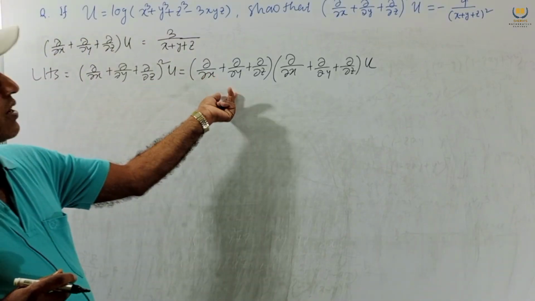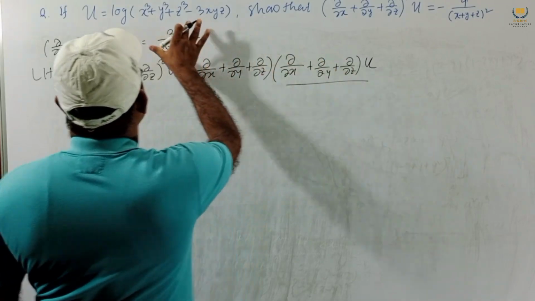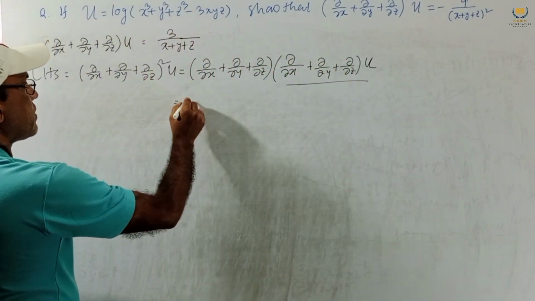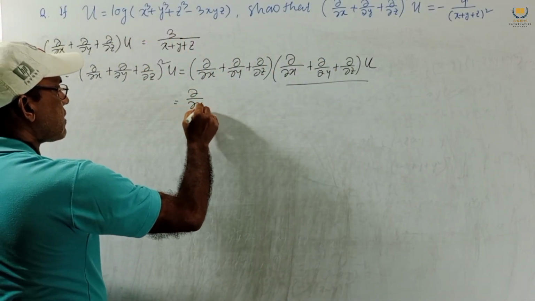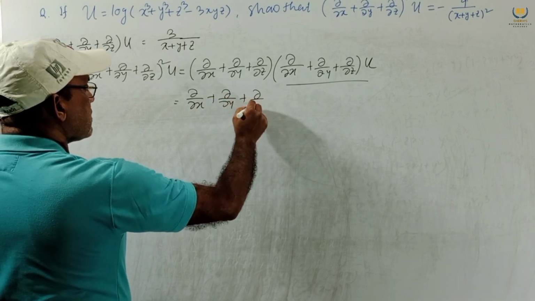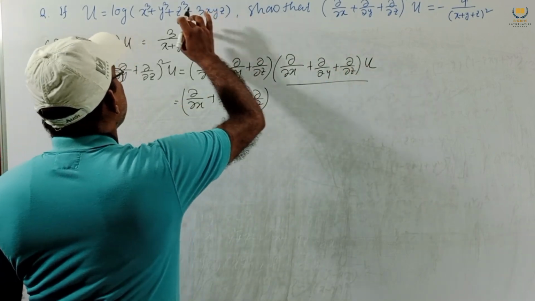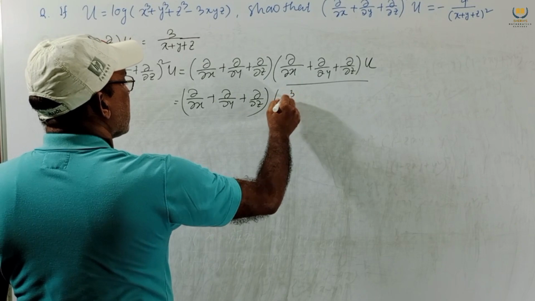So whole square means we write 2 times, and we know this value. So this will be del by del x plus del by del y plus del by del z, and this value into u we get 3 by x